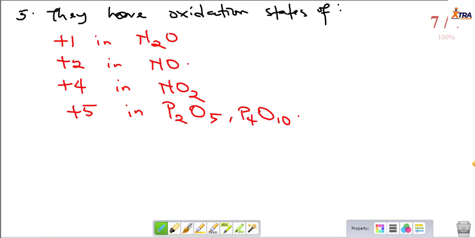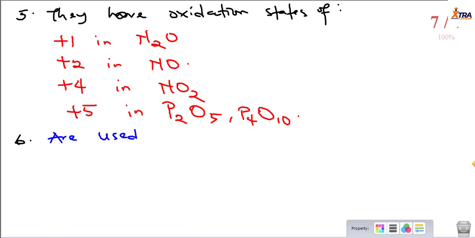Remember for group 3 we said that group 3 elements are used for doping, right? To form p-type semiconductors. Now what happens here? Group 5 elements are used. Now that is the semi-metallic group of group 5. And what are the semi-metallic elements of group 5? We have arsenic and antimony. Arsenic and antimony majorly are used for doping